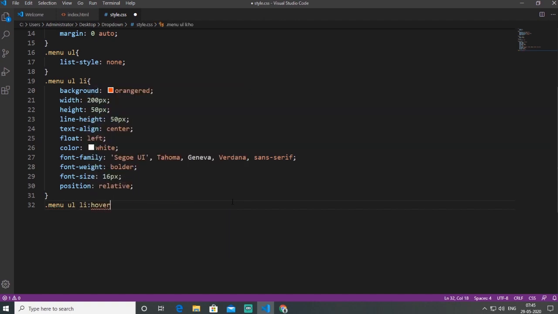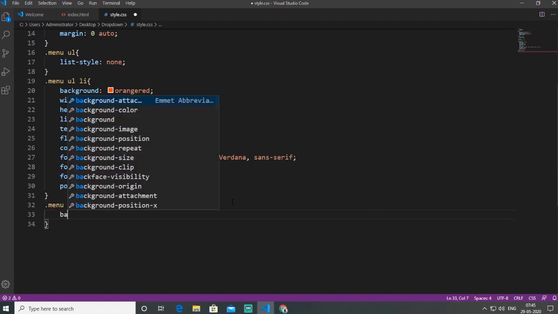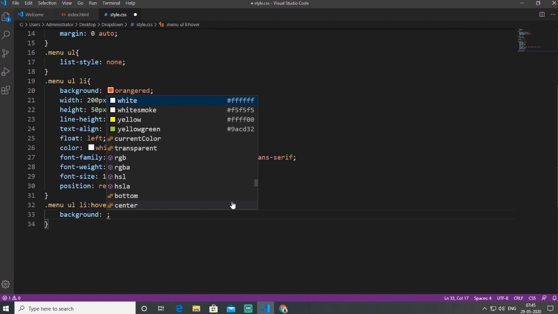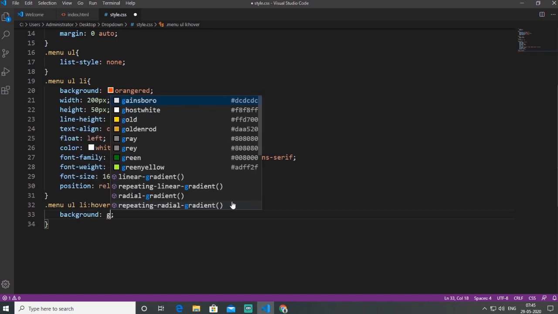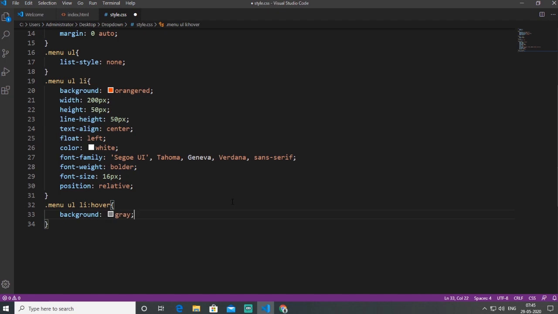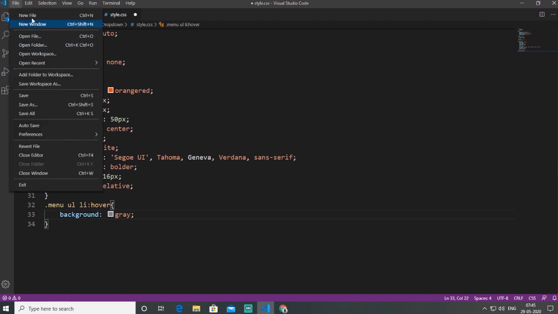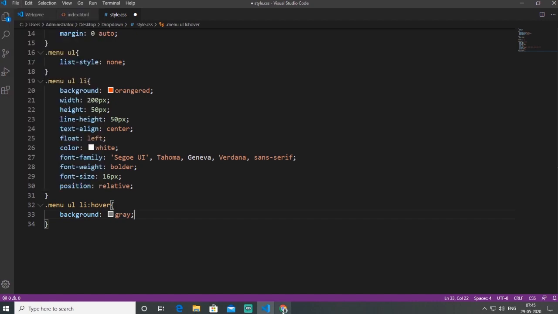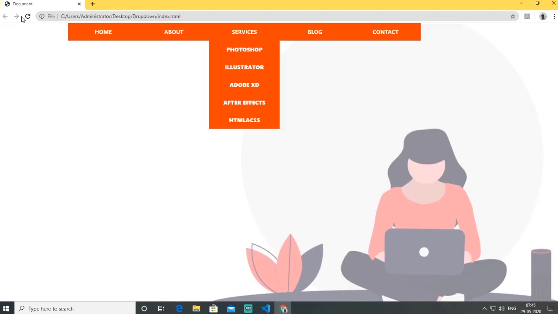Hover means when the mouse cursor goes over the button, the background will change. So I need a gray background when I mouse over on my LI menu. I save this, open the browser and refresh it. Look, it's so easy to make a menu like this, right?